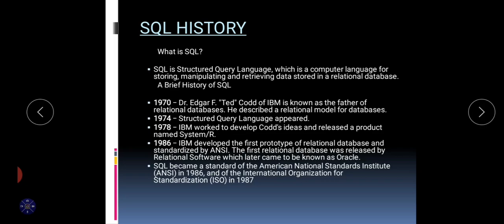Today, almost all modern relational database management systems like Microsoft SQL Server, Microsoft Access, Oracle, DB2, Sybase, MySQL, and Informix use SQL as the standard database language. Most of these have provided their own implementation, thus enhancing its features and making it a powerful tool.